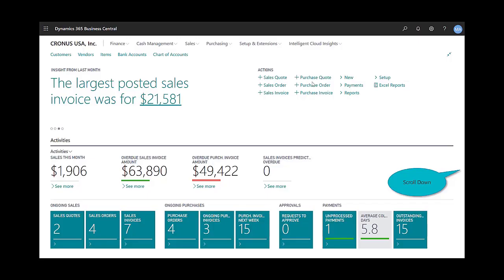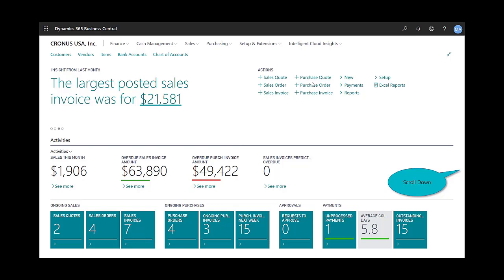So as you can see here, when you're logged into Business Central for the first time, you'll notice there's a wealth of information directly on the homepage. Now, this Business Manager role homepage is on display, and that's what I'm using to demonstrate the owner. But it offers quick access to key metrics and activities to connect this individual to what they need immediately